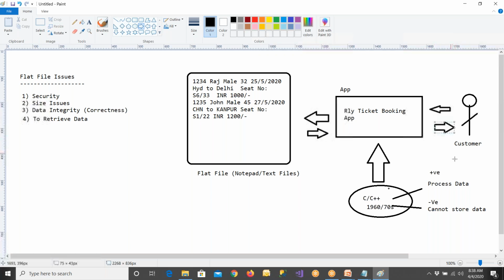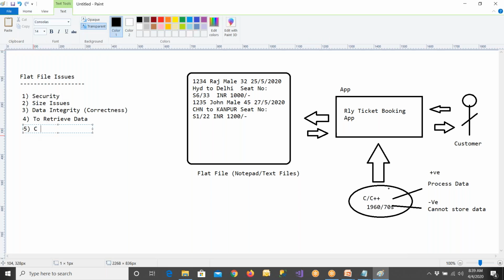If you are a customer or a business user, railway people want to know what sales happened in the last 5 years from station A to station B, how many trains have traveled from this station to that station, and how many passengers or customers have traveled. I want to have that kind of report. To create a report, retrieving the data is also very, very slow. You have to use C language only to communicate with the flat file, whether to store the data or retrieve the data. The C language is, even today, very complex programming.